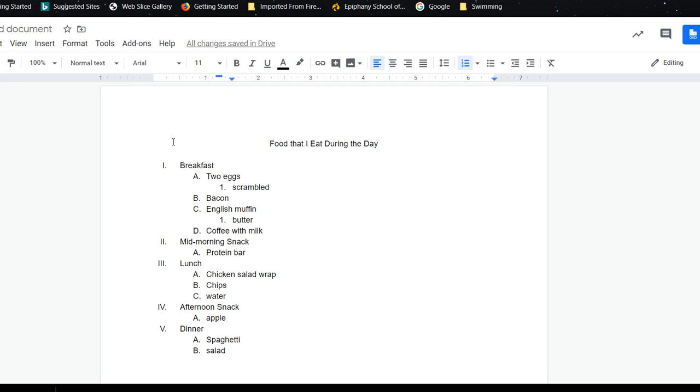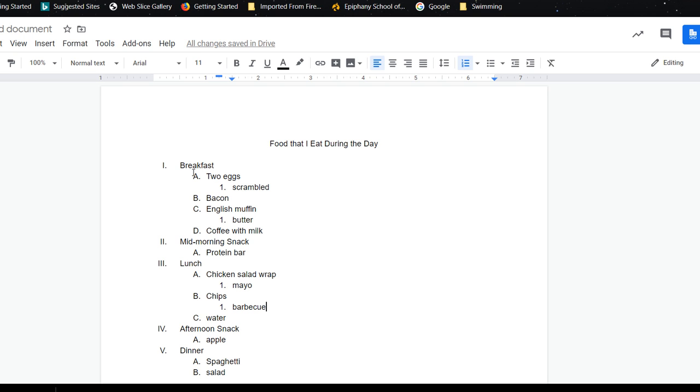Notice the more specific I get, the further into my outline I go. Okay? If I wanted to add something here, maybe I add mayo. If I wanted to talk about kind of chips or barbecue. So hopefully this kind of shows you a little bit sort of the breakdown with the outline for how the